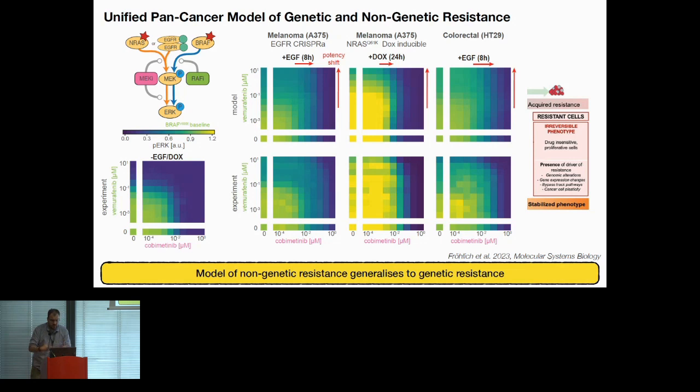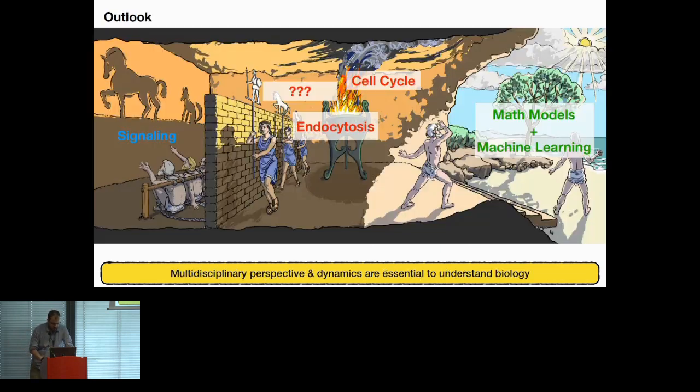And overall, this indicates that we can describe not only non-genetic or adaptive resistance mechanisms, but also these genetic acquired resistance mechanisms. And I think what this also shows, and I want to illustrate this a little bit with this allegory of the cave painting here, is that this really now gets to the summary. I think my summary slide somehow went missing while exporting this as a PDF, but what this effectively shows is